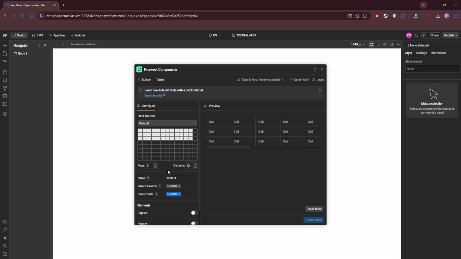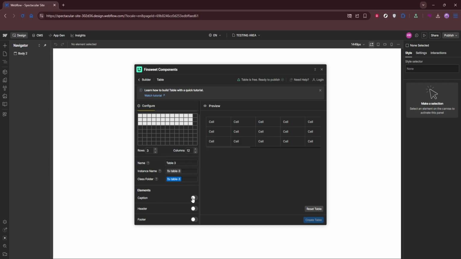Decide how many columns and rows you need and whether you want a header row. Naming your headers clearly now will save you time later. You can also set base styles like cell padding, borders, and text alignment. If you're using a class naming